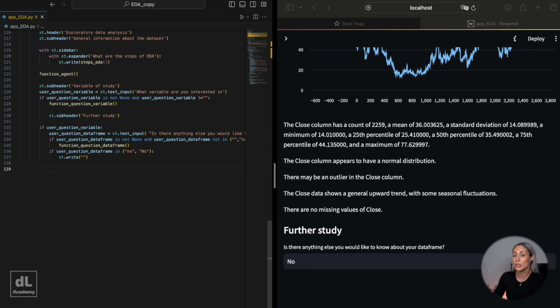So if the user question data frame is evaluated as true, then the code within the indented block will be executed. So let's write that down just here. Right, so